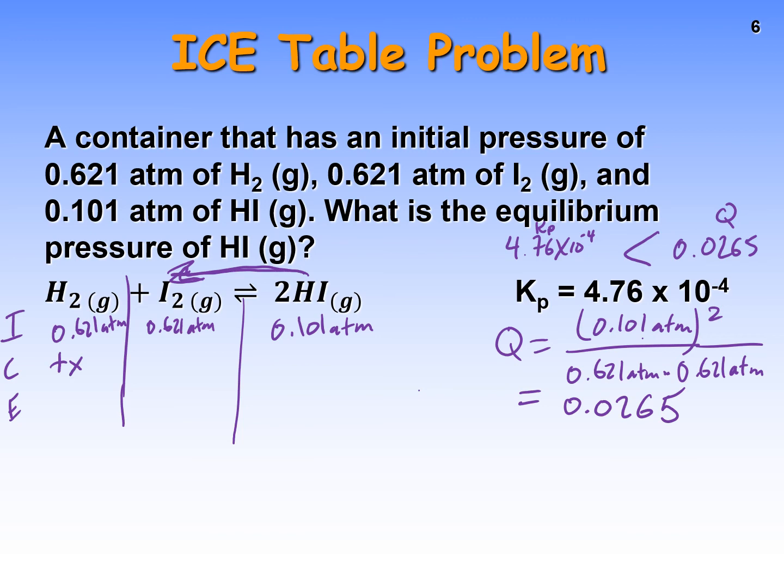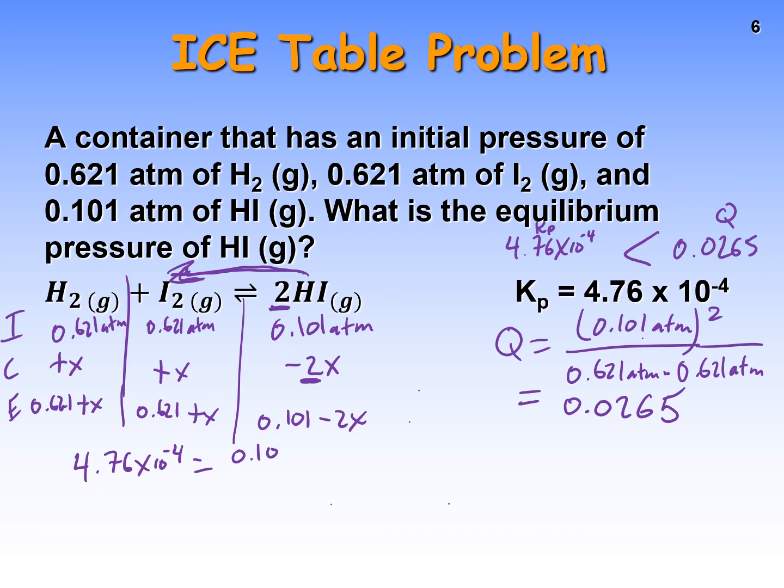So this is going to be plus x here, minus 2x. Remember, this 2 comes from this 2 here, and we cannot forget that. That's a common mistake. All right, so we can get the equilibrium row: 0.621 plus x, 0.621 plus x, 0.101 minus 2x. And we can set up our equilibrium expression, right? So we have 4.76 times 10 to the negative 4 is equal to 0.101 minus 2x over 0.621 plus x